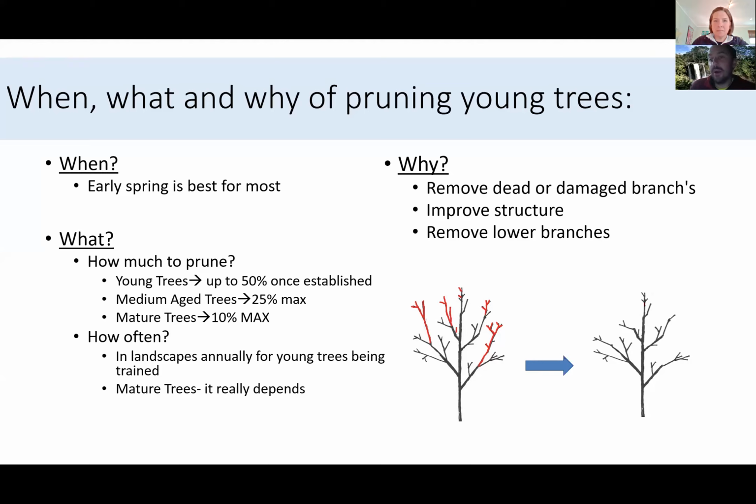Oftentimes on very small branches, you can do a bend test. You can just bend the twig in your hand, and it'll be very clear if it's dead or not. It'll be brittle. And then always just err on the side of caution. So you can make a cut and look at the cut, and if it's still all dead, you can evaluate if you should make another cut further back. Hopefully that answers the question.